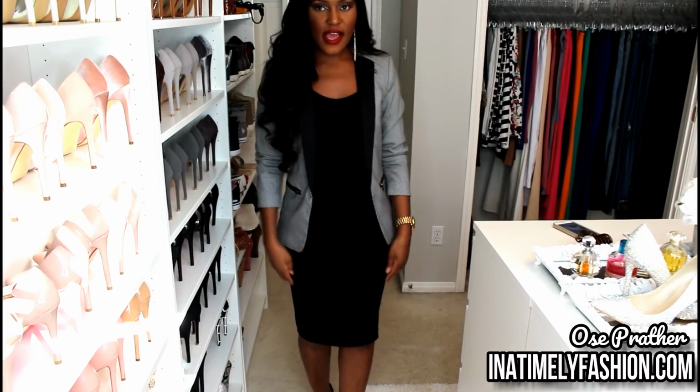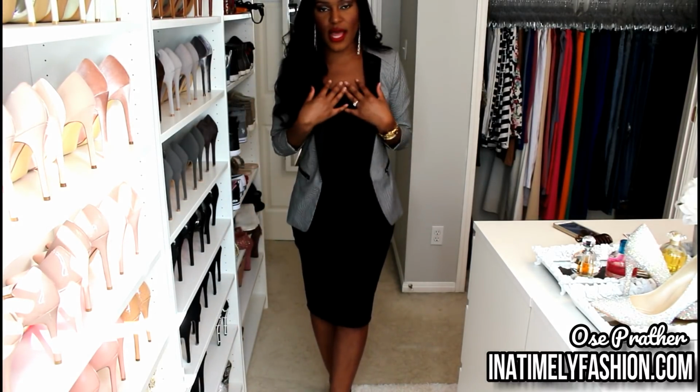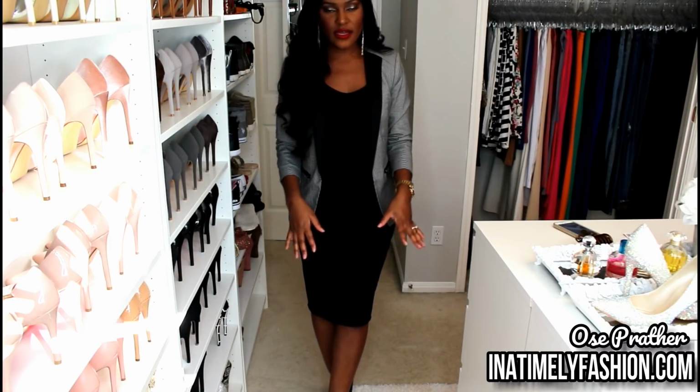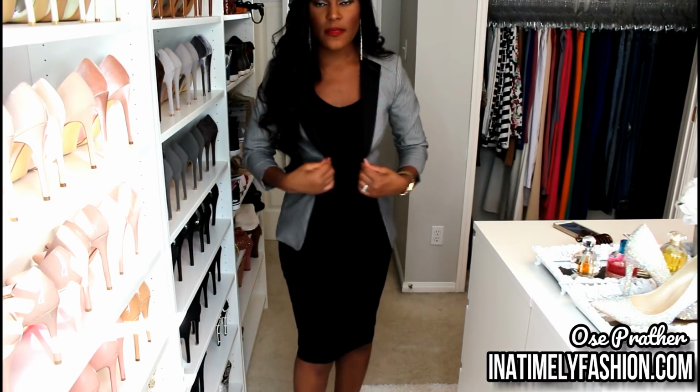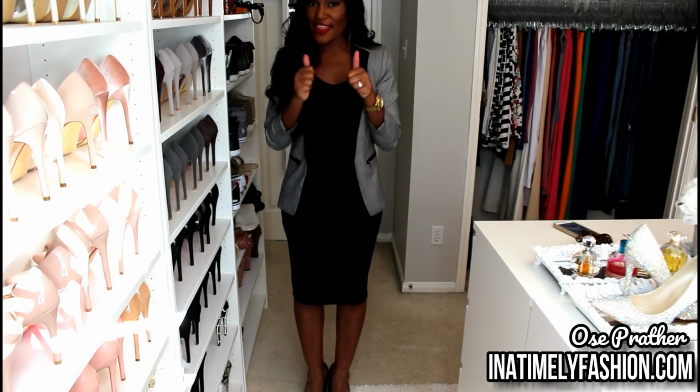And then the rest of the outfit is pretty classic, so you really can't go wrong with a really nice black blouse and pencil A-line midi skirt. You can't go wrong with that. But as long as the outfit looks like it belongs in this decade,